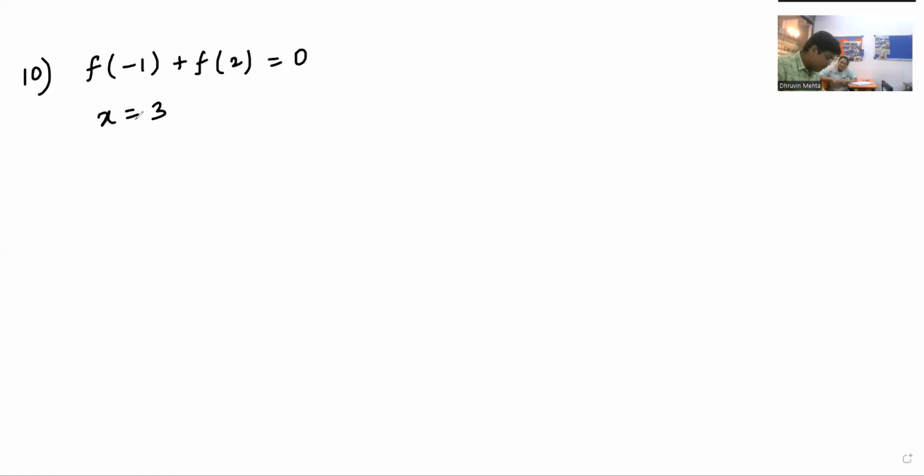Okay, the question is: if one of the roots of f(x) = 0 is x = 3, where f is a quadratic polynomial, then when you substitute x is 3 the answer is going to be 0. We have to find the question: its other root